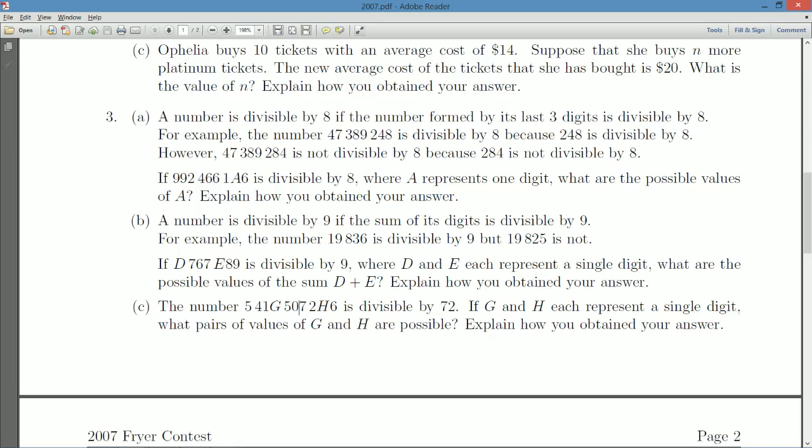72 is 8 times 9. Okay, that's the first thing that jumps out at me. 72 is 8 times 9. Now, why might I go looking for that? Well, we already talked about divisibility by 8 and divisibility by 9. And C is sort of the building things up to all the previous parts. If it's the last question, the previous parts should build up to show you patterns and help you finish the